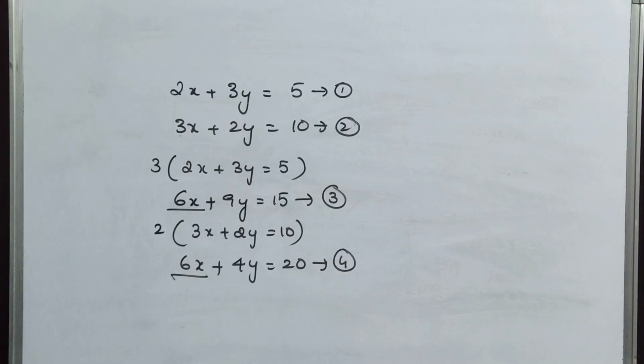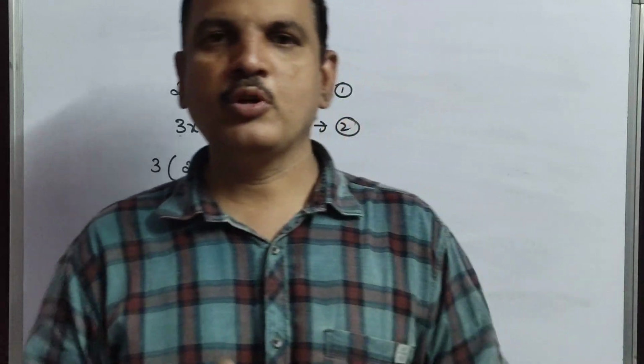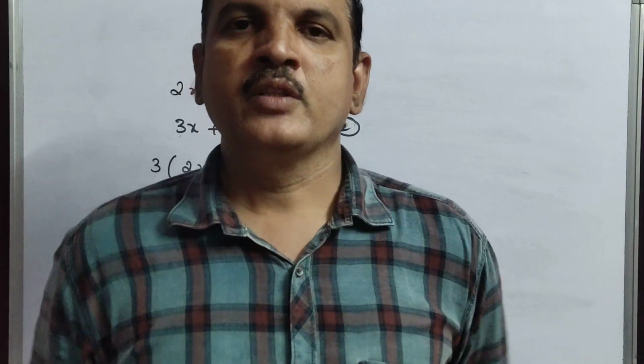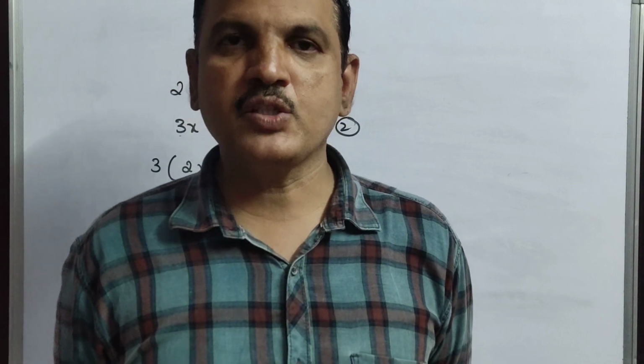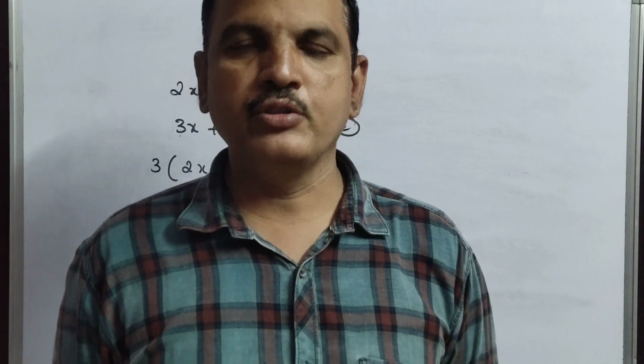Okay. So like this you can do any sum by the elimination method. Tomorrow I am going to tell you both the methods once again in different model sums. In the next class, children, I am telling you once again, SA1, that is the pre-final for you. SA1 for all classes is the pre-final, and this chapter is also included. That means right from the beginning of what we have taught you.